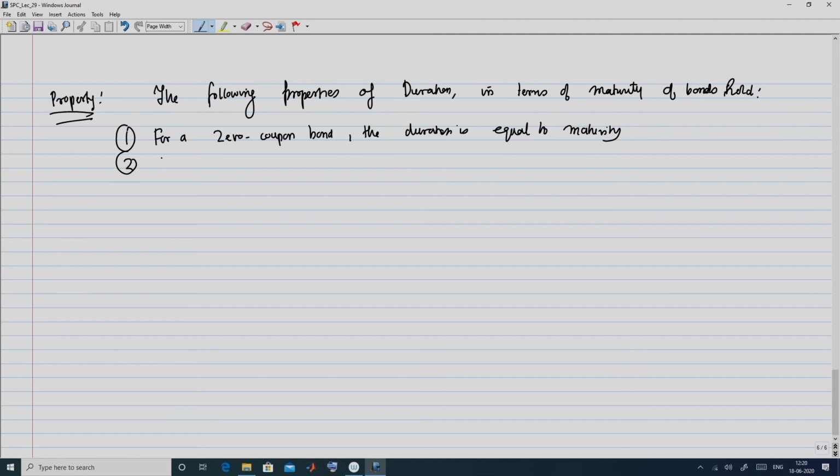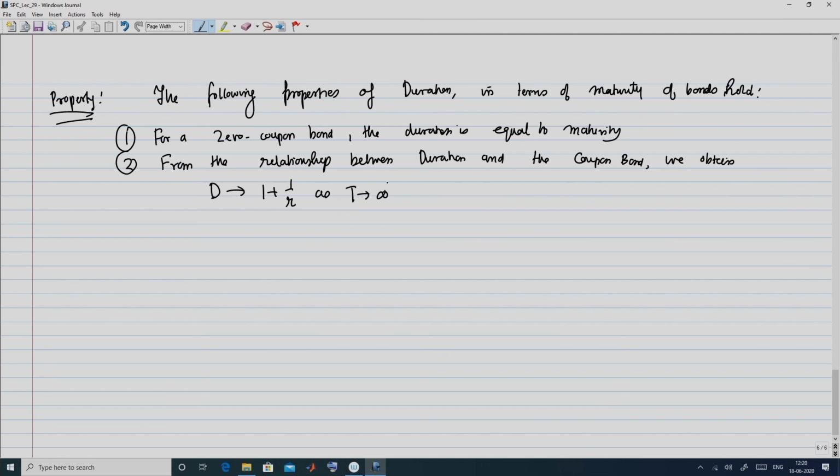The second property is that from the relationship between duration and the coupon bond, we obtain that the duration tends to 1 plus 1 over r in case of a perpetual bond, that is as T tends to infinity, for any fixed coupon C,